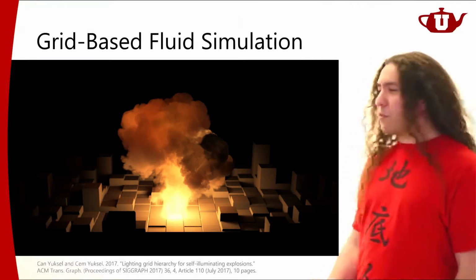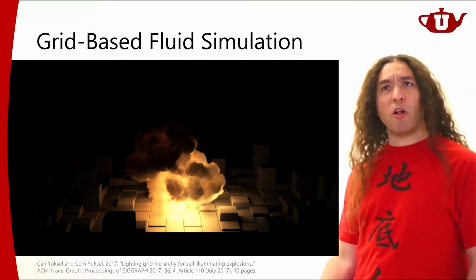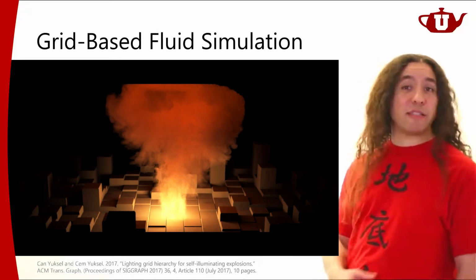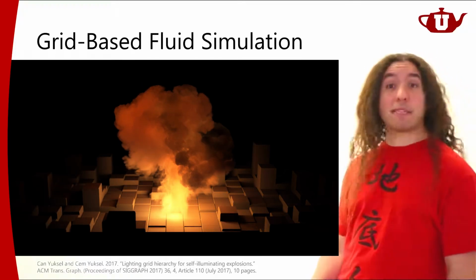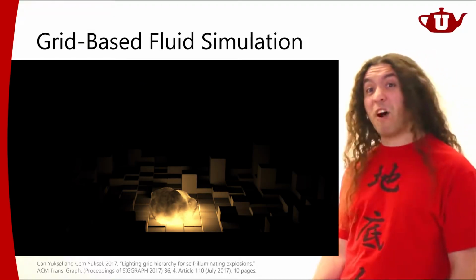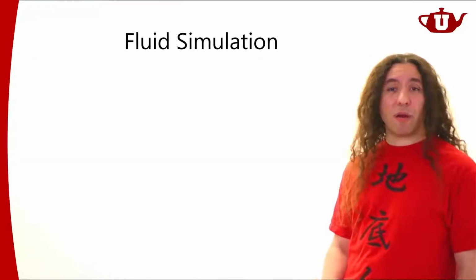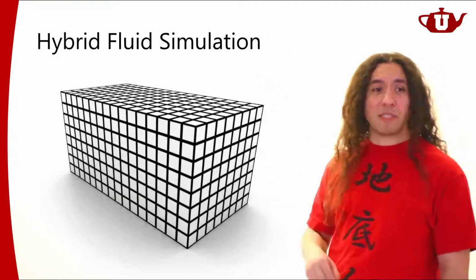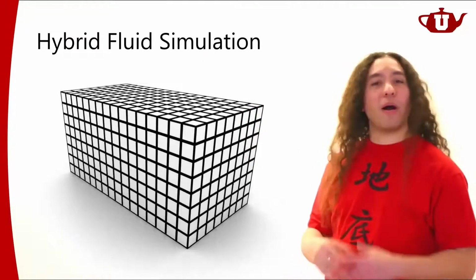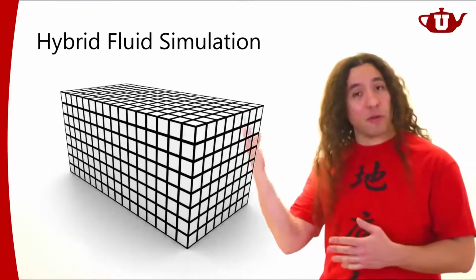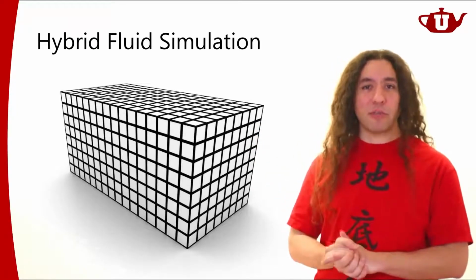Now, grid-based fluid simulations are very good because they can solve this pressure equation and make sure that there is no divergence very nicely. But then they have issues like they sometimes lose volume and mass. And particle-based simulations don't have that problem. So that brings us to hybrid simulation techniques. The hybrid simulations try to combine the strengths of Eulerian and Lagrangian fluid simulations, grid-based and particle-based fluid simulations.